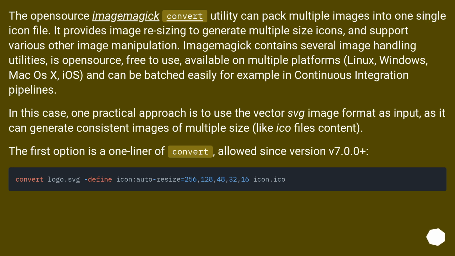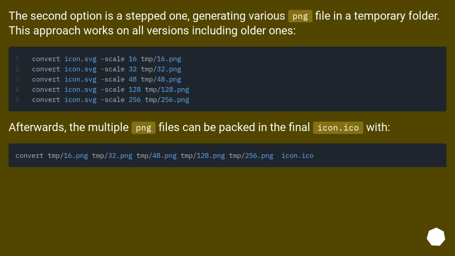The first option is a one-liner of convert, allowed since version v7.0.0+. The second option is a step 1, generating various PNG files in a temporary folder. This approach works on all versions including older ones. Afterwards, the multiple PNG files can be packed in the final icon.ico, with: